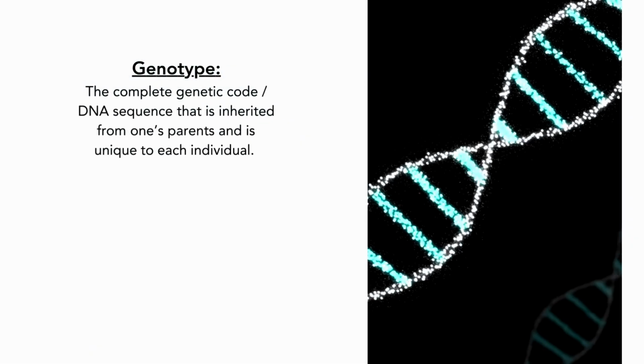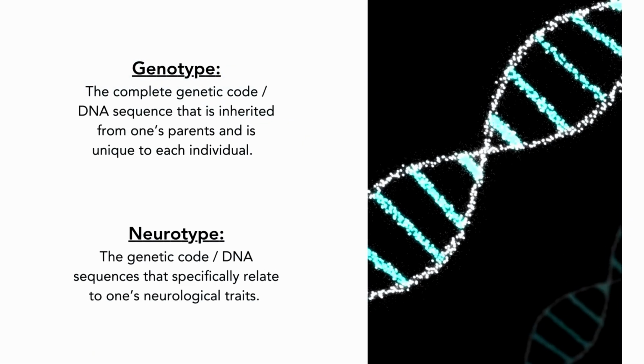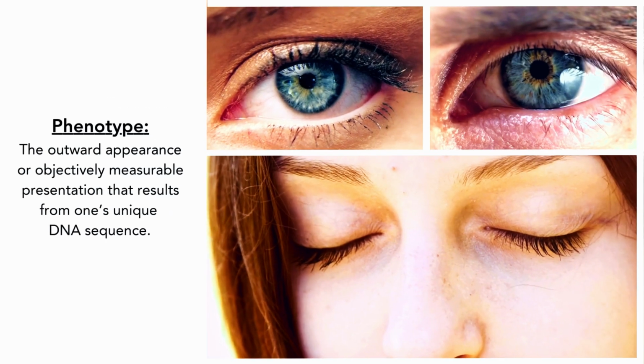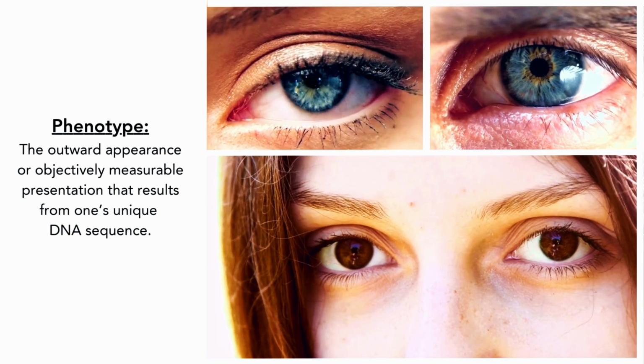The genotype refers to the actual genetic code, or what's going on internally, and the phenotype refers to the way the trait presents externally. One of the really interesting aspects of studying this subject is that what you see in the genetic code is not always going to predict what is presented externally, particularly when there are multiple genes that influence a trait. For instance, it's commonly thought that two parents who have blue eyes would not be able to give birth to a brown-eyed child, but that's actually not the case because there are 16 different genes that go